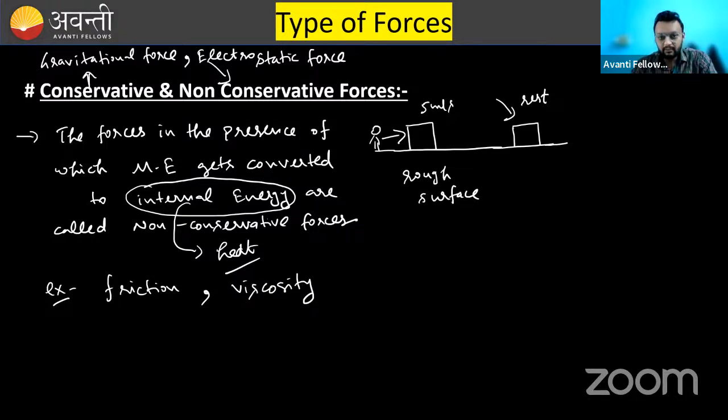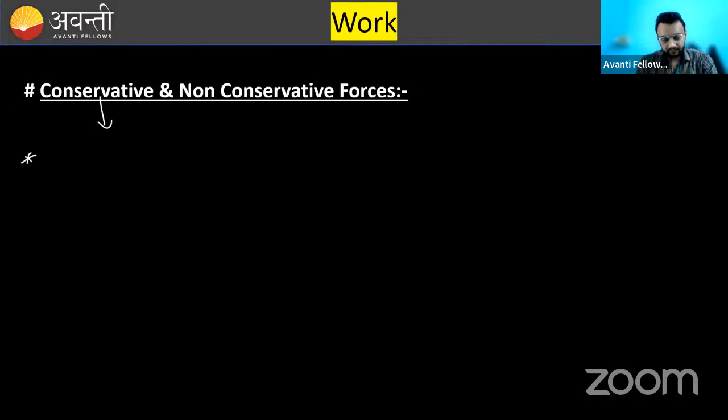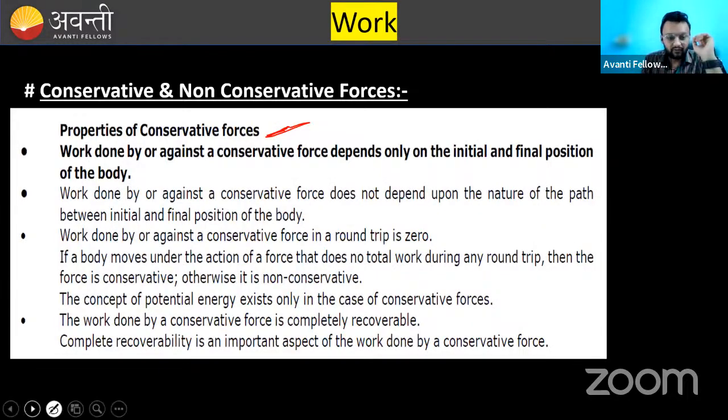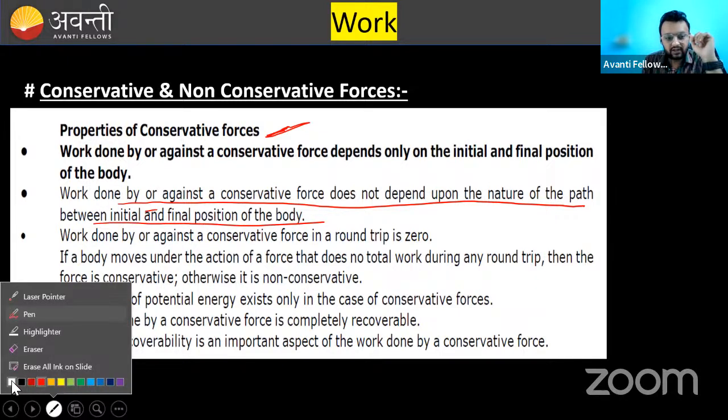Now I am telling you the properties of conservative forces. First property says that work done by the conservative force or against the conservative force, you can read it here, does not depend upon the nature of the path between initial and final position of the body. What they are trying to say,